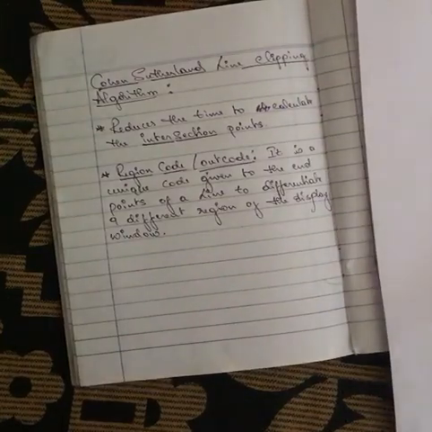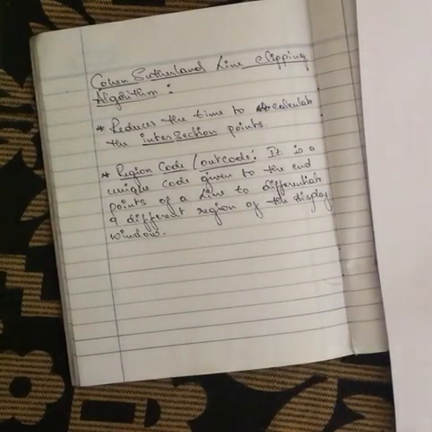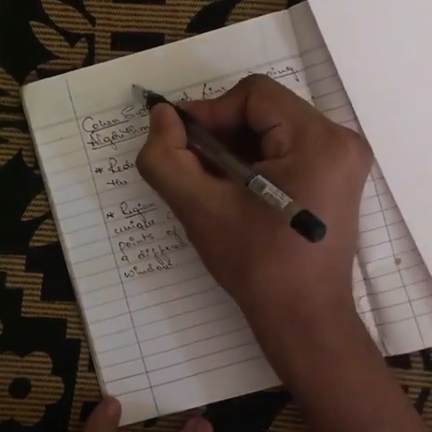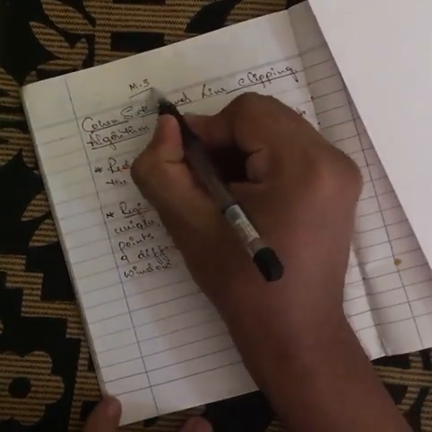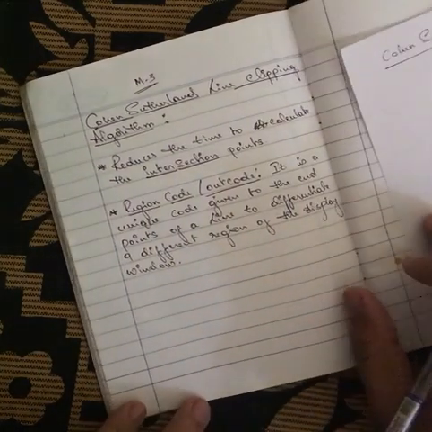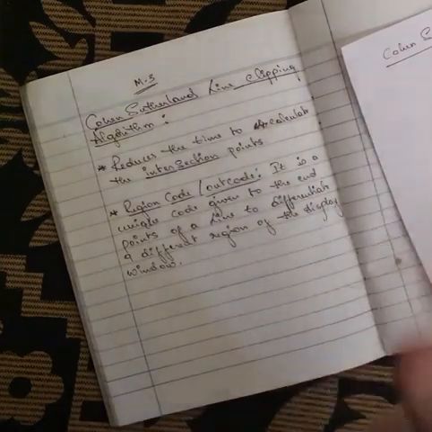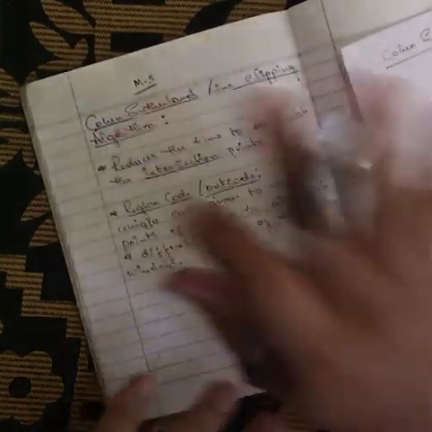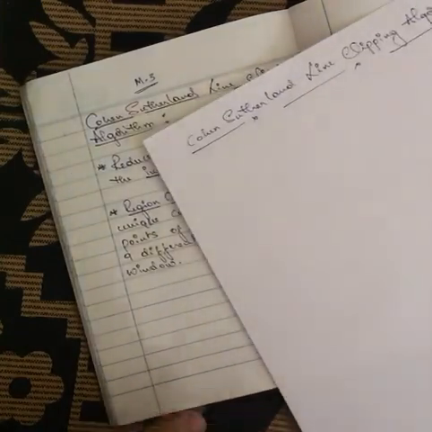Good morning, everyone. In this video, we're going to talk about the Cohen-Sutherland line clipping algorithm, which comes in Module 3, a very important topic of Module 3. First of all, before starting with the Cohen-Sutherland line clipping algorithm, we'll talk about what line clipping is and how it is related to the Cohen-Sutherland line clipping.